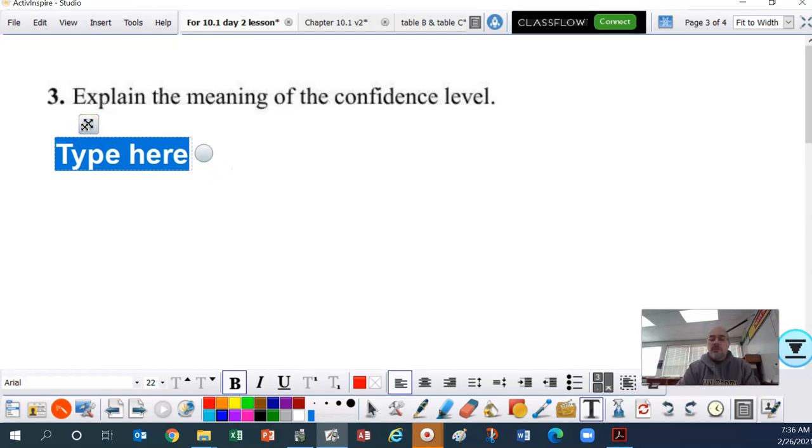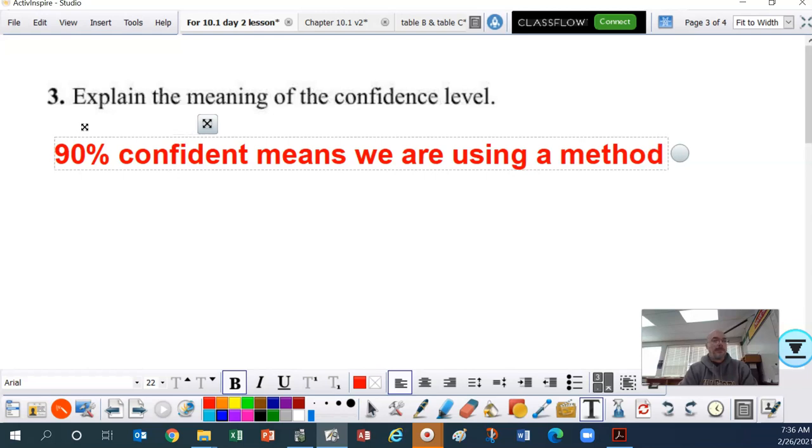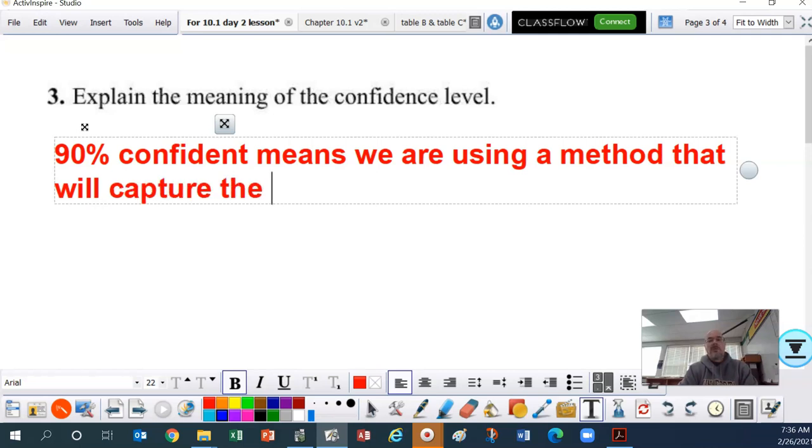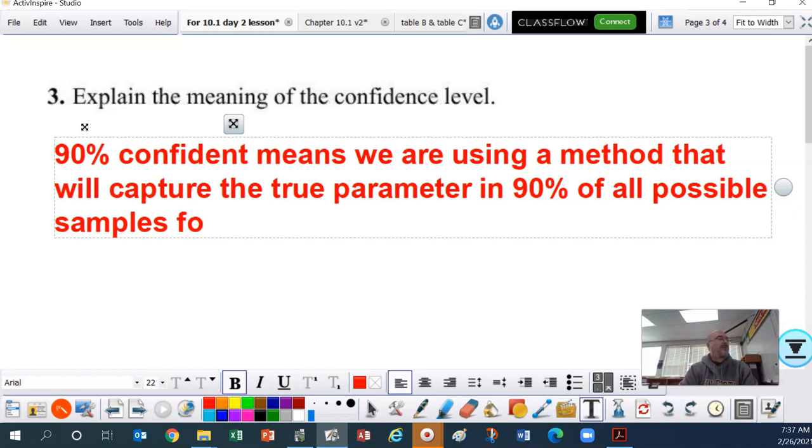The meaning of the confidence interval, 90% confident, means we are using a method that will capture the true parameter in 90% of all possible samples of